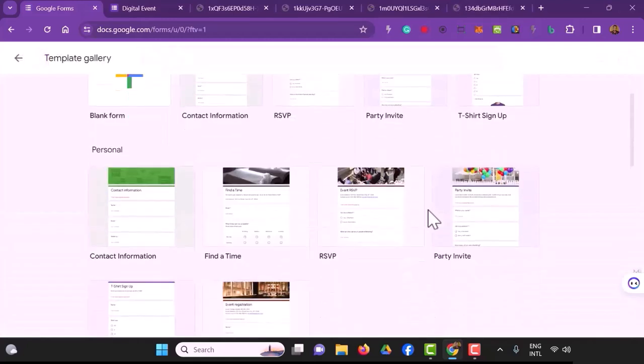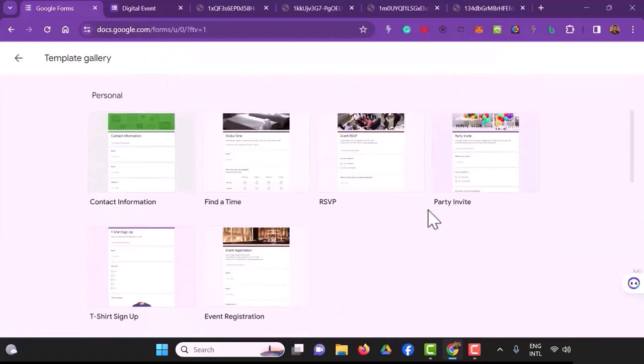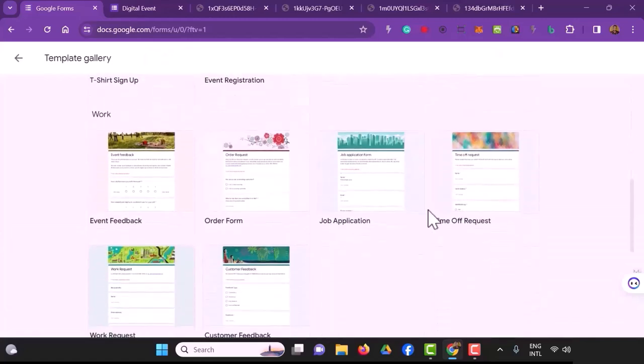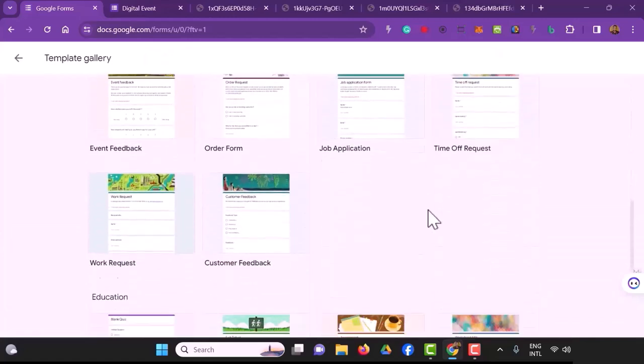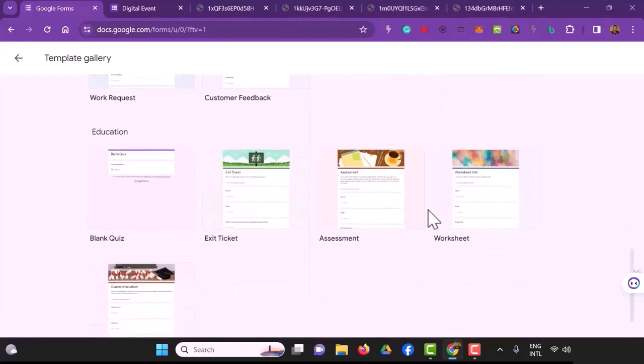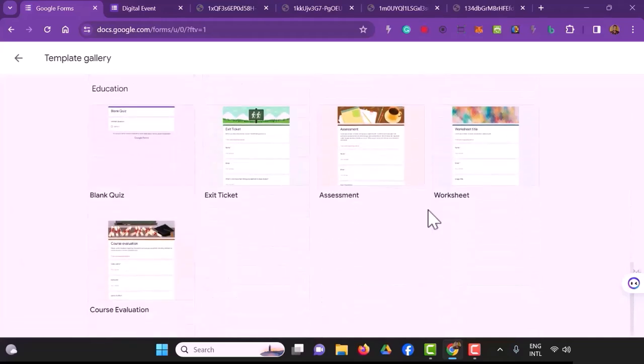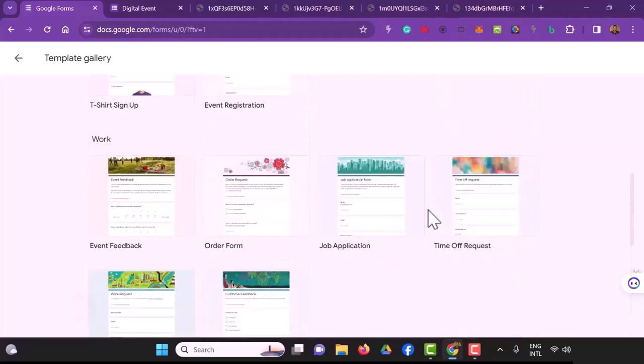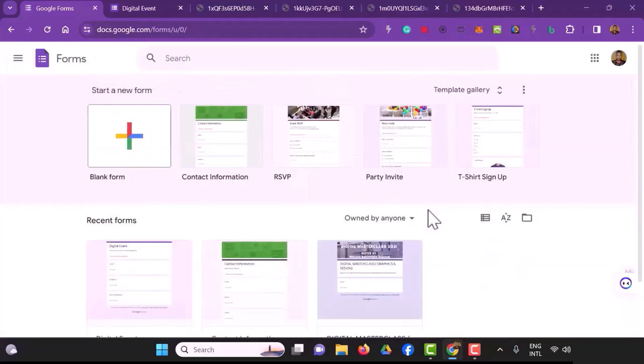templates in the gallery. You have contact information, find the time. You can check all these out and try to use one of them. As you can see, we have a whole lot of things you can do with Google Forms. So just check the templates out, and to not waste our time too much,